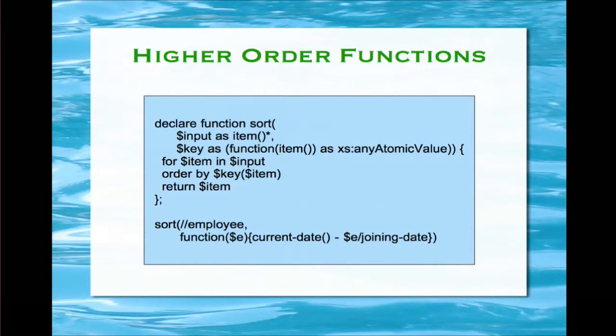Here's just an example of what you can do with higher-order functions that you couldn't do with XQuery before. This is defining a sort function that can sort any sequence by any sort key. And how do you define the sort key? You define it as a function. So you compute a function of the things that you're sorting, use that as a sort key, and then sort on it. So XQuery had basic sorting capability, order by, and you can exploit that. But now the thing that you're sorting by can be a variable function rather than something that's hard-coded into your query. So you can write a function that can sort anything by anything.